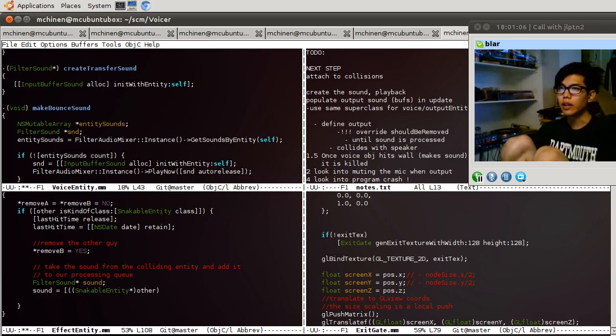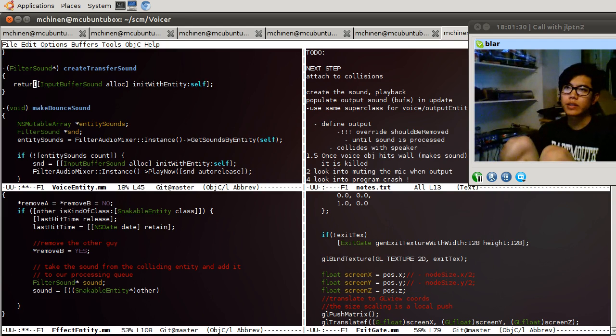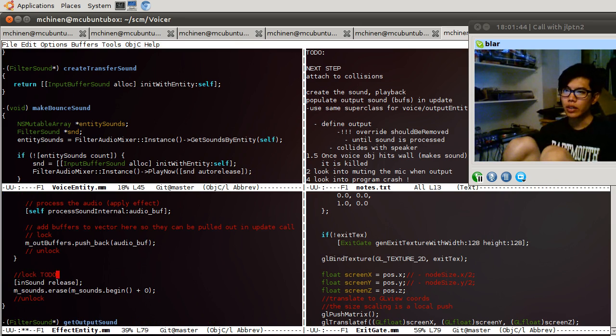And I think I believe the create call is what that means, there's already a reference attached to it. Yeah. Something like this. And this can go into the base class of filter effect, or normal physics effect. So create transfer sound. Are we taking